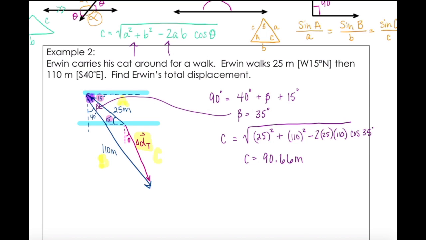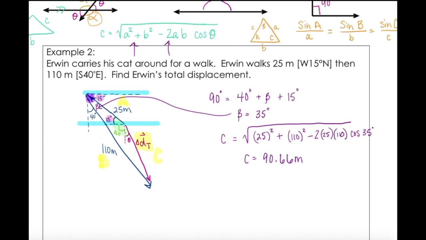Theta is part of a larger angle, so it's this total angle right here. We know that this portion right here is 90 degrees. So 15 plus 90 degrees plus theta equals that total angle. We need to find that total angle so that we can solve for theta. The angles we already have inside the triangle include our beta, which is 35 degrees, which correlates with side C,